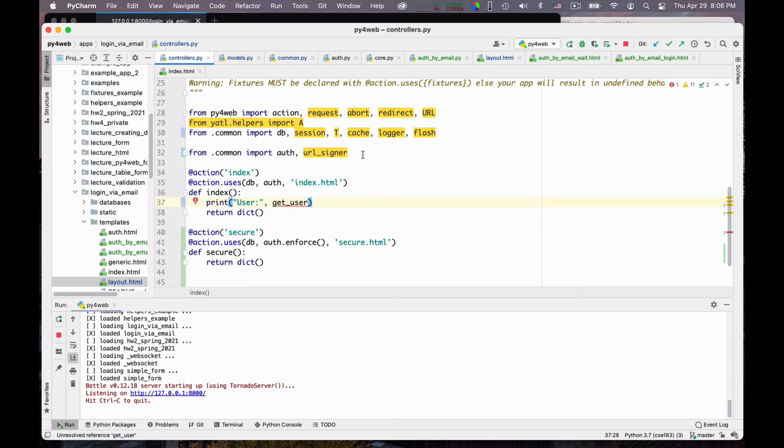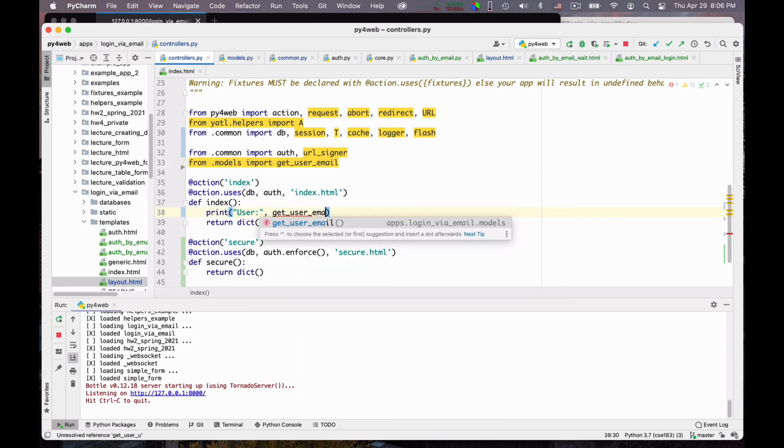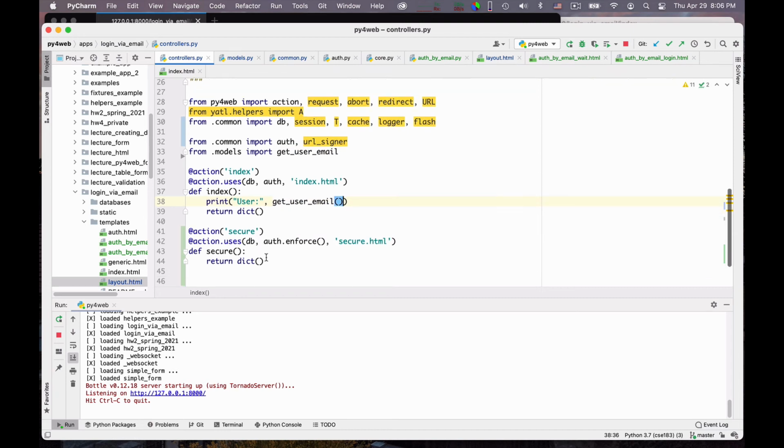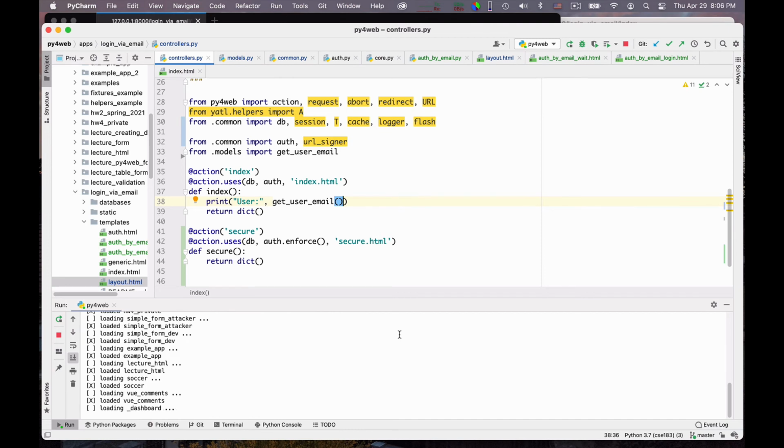Oh, I need to import that as well. Okay, from models import get_user_email. So yeah, so get user email. Okay, and in the secure I have the auth.enforce and return nothing. Okay, so let me see whether this works. Let me try to reload these after these changes, always checking necessary.